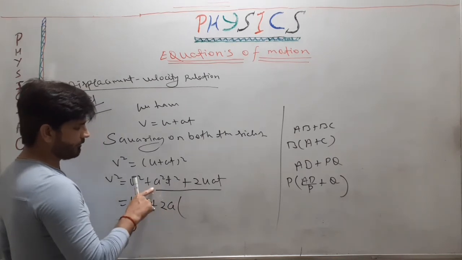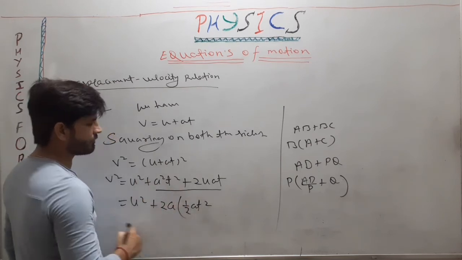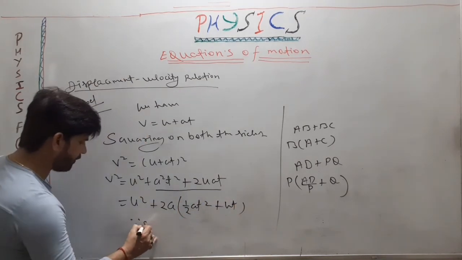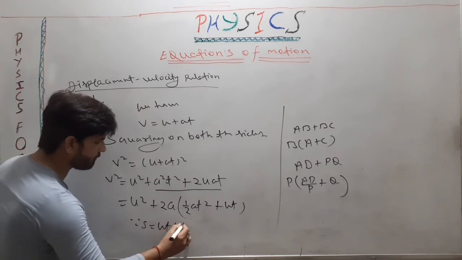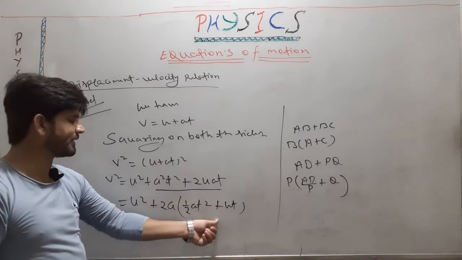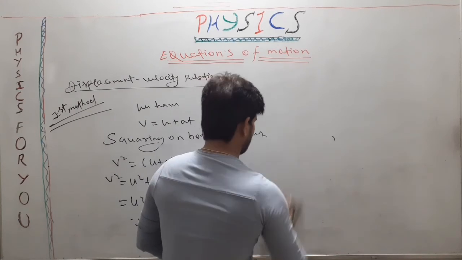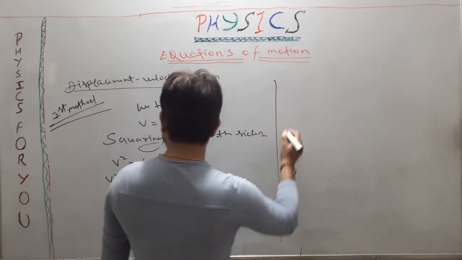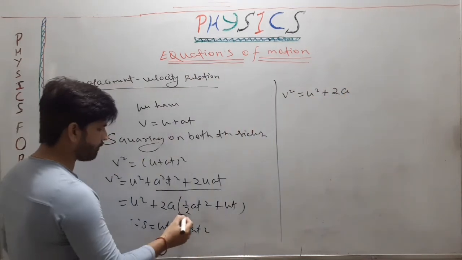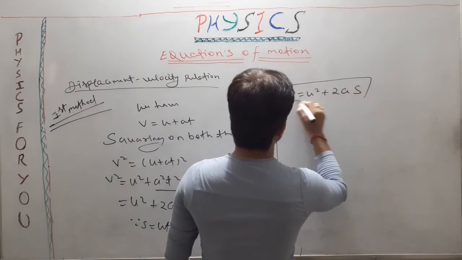2a is common, then when we divide this a square t square by 2a we have 1 upon at square plus here 2 is cancel, a is cancel, this term is at. We know that because from the second equation f equals to ut plus half at square, so this whole term can be replaced by the displacement s. Now we have v square equals to u square plus 2a, and at this place we can put the s. Now the equation is v square equals to u square plus 2as.